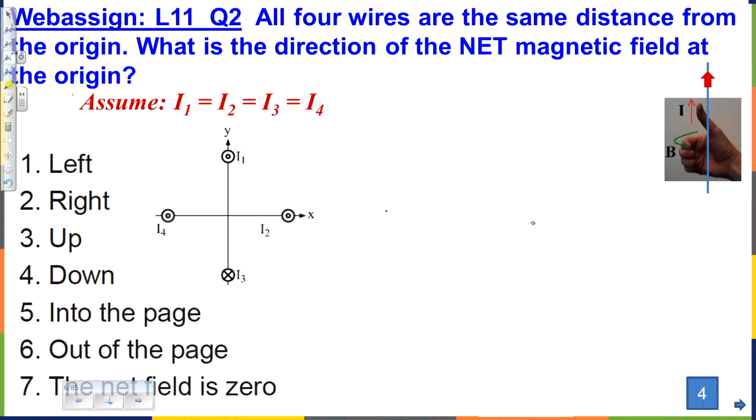And finally, one more time. Again, out of the screen. And out of the screen means automatically relative to us, magnetic field lines will be counterclockwise again. But we need to draw an arrow. So again, a radius, two directions, and only one is correct. Now, it's not left, it's not right, it's up.